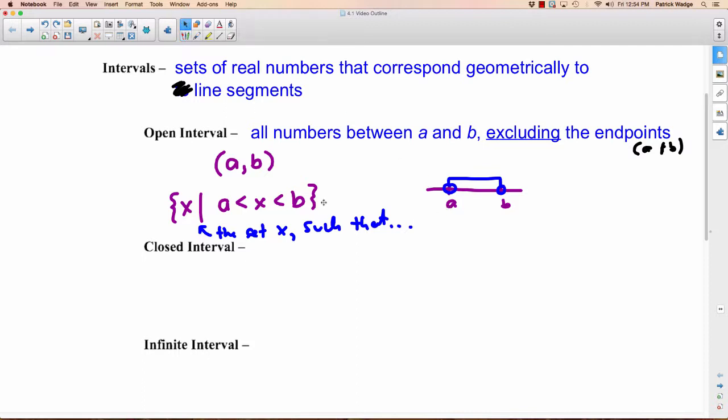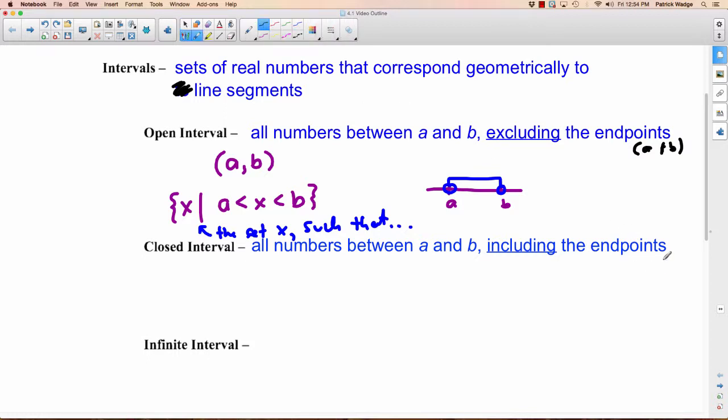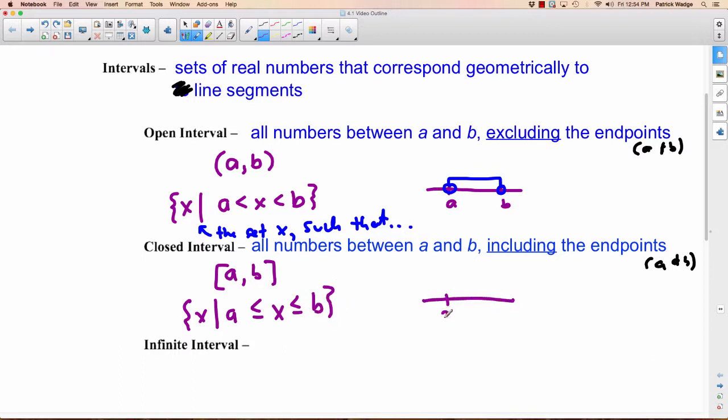A closed interval is just like this. It's all the numbers between a and b, but includes the endpoints, which again, if you want to include it there, the endpoints are a and b. So how would that look? Very similar to this. It would be a comma b, but they'd be square brackets. In terms of set theory, you would still say the set x such that a is less than or equal to x, which is less than or equal to b. And the way you graph that, you'd put a and b, but you would put closed dots